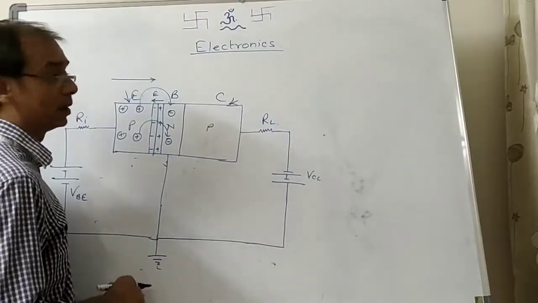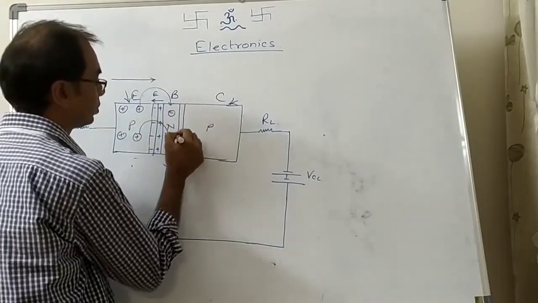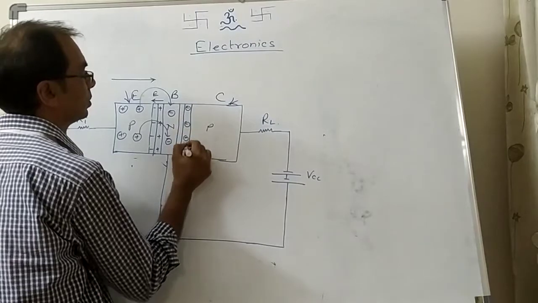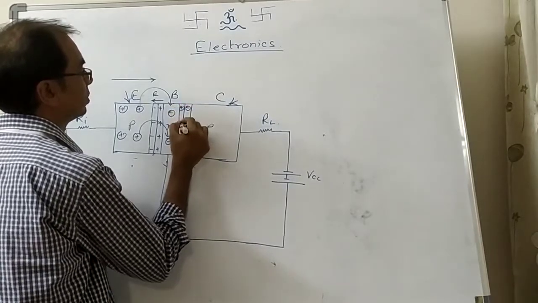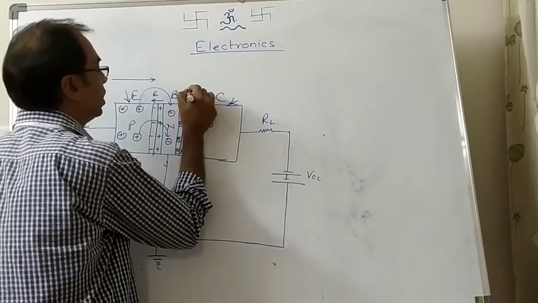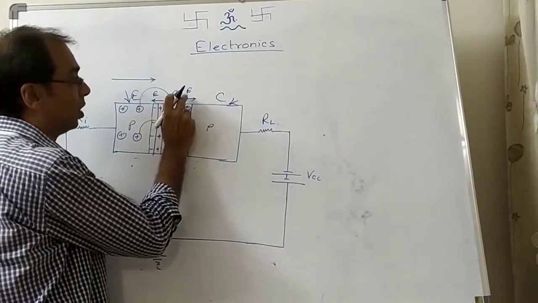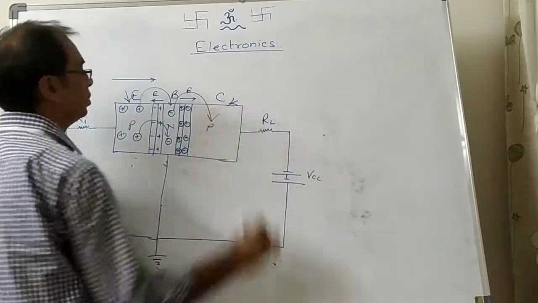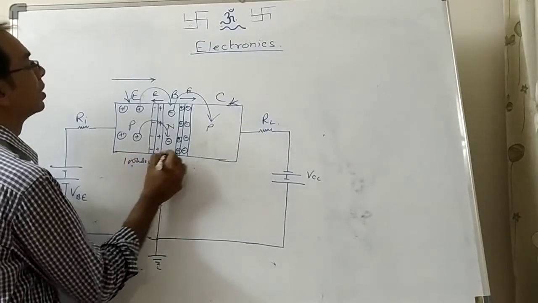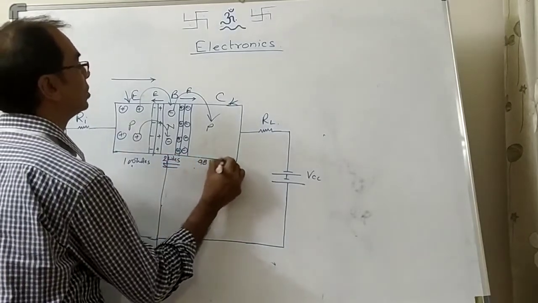But in the collector, what is happening? This is again NP, so here also there will be a depletion layer. How will the depletion layer be in this one? Here negative and here positive. Now this depletion layer is in this direction, and what is coming from here? Holes, positive. So positive charges along with this direction of electric field will all jump to the collector. Suppose I say from here 100 holes are going, then 2 holes will mix with the base and 98 holes will come in this direction.